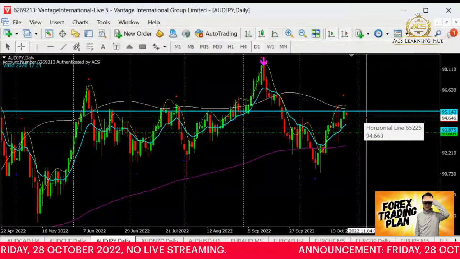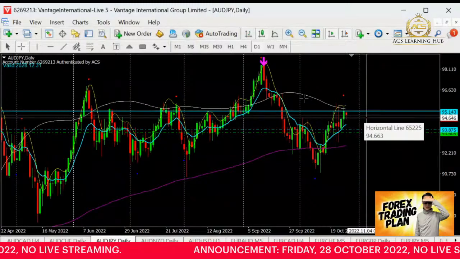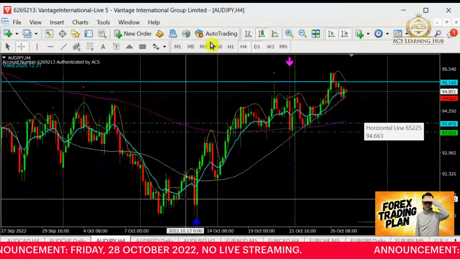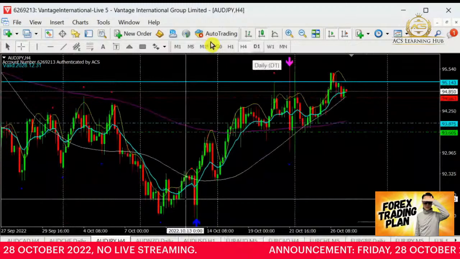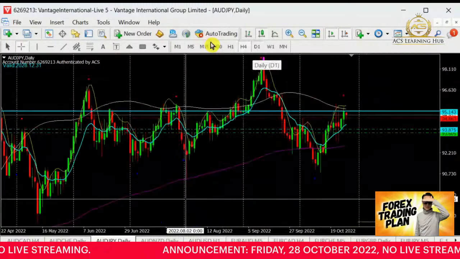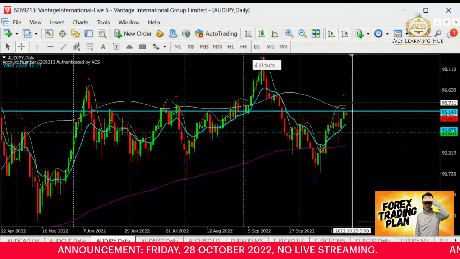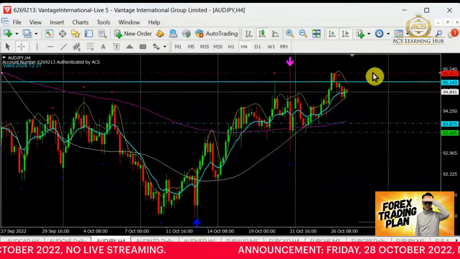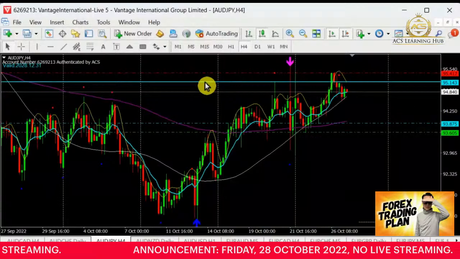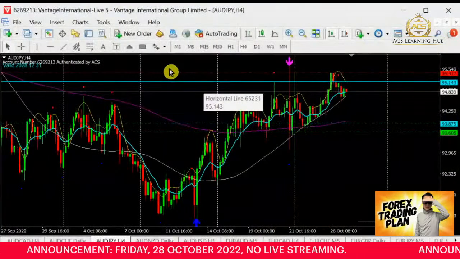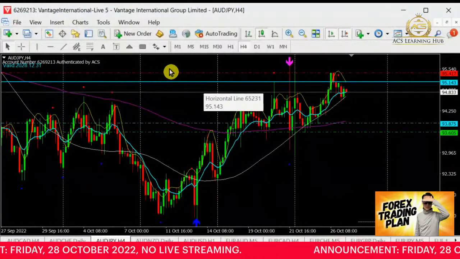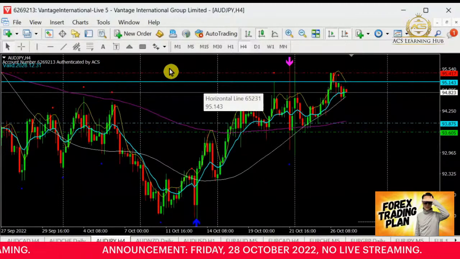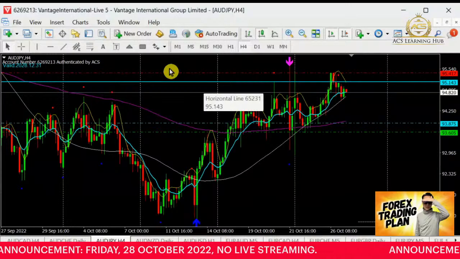So it seems like the yen is going to continue to get weakened. Well, maybe. Let's see how it goes before we take any action. Currently I will be still looking out for some buying into Aussie yen until the resistance is met. The resistance is quite high up. We are going to test on this resistance here, which may be coming in today. Then after that, maybe tomorrow or next week, we will look out for selling. So currently looking for buy.